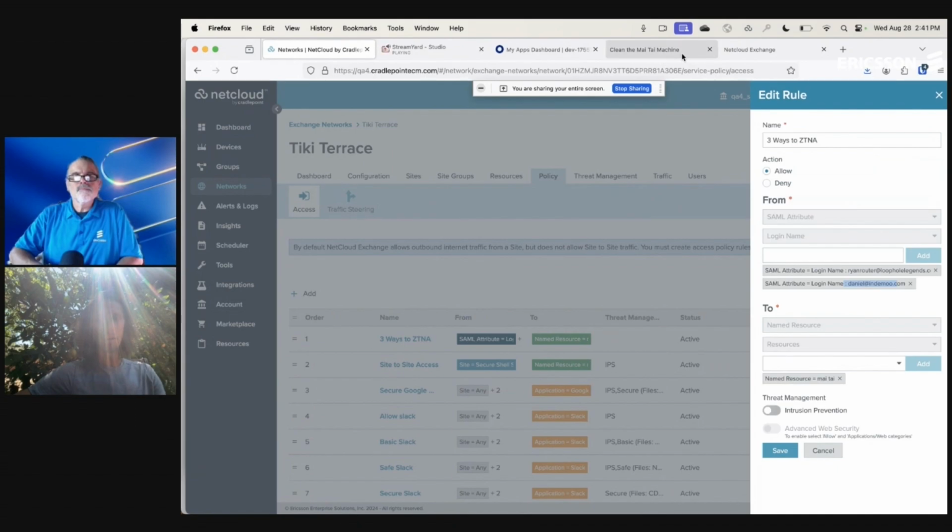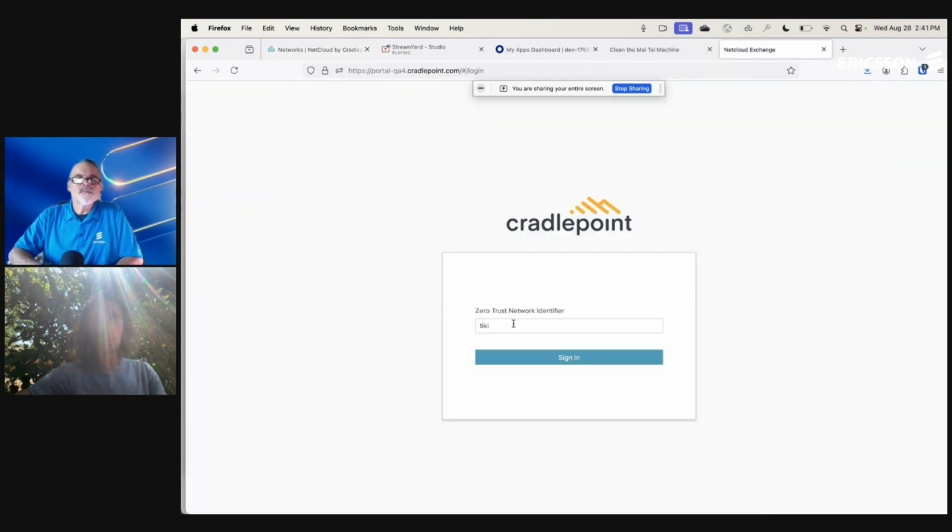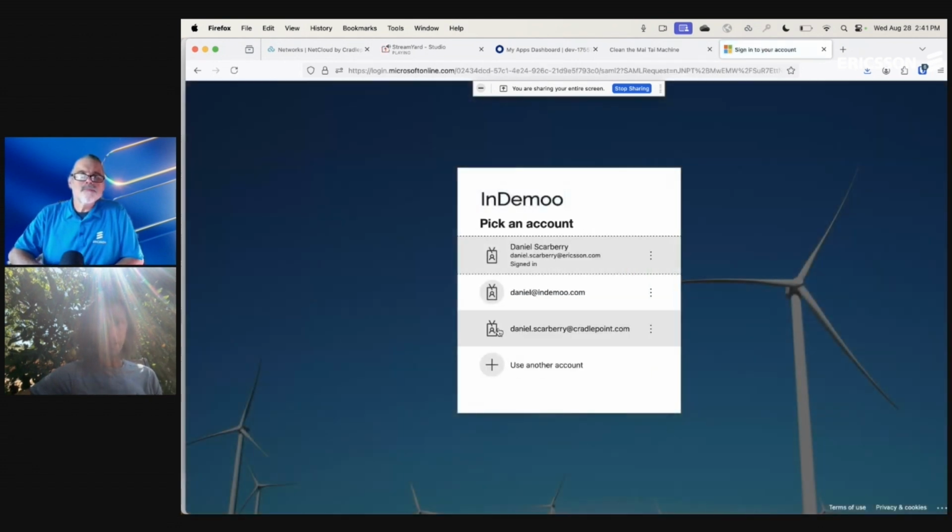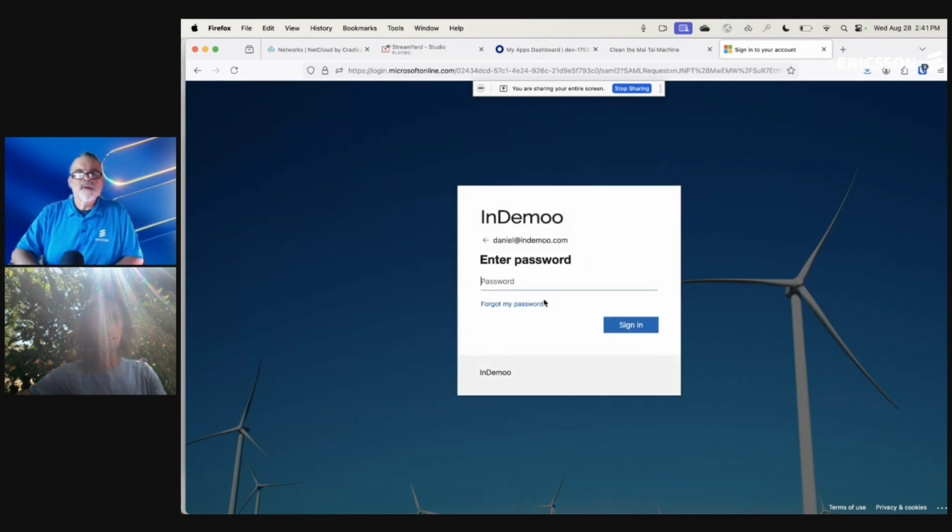What this looks like now is instead of providing the big MyTime machine and everything else at that site access, what we can do, we can go to the portal and say, I want to capture this user's identity. So now we put in the network for the Tiki Terrace. That now forwards us to our identity provider that's integrated into NetCloud Exchange. And now I can log in as that Daniel Demu access,